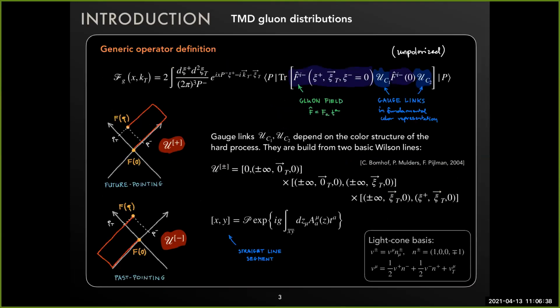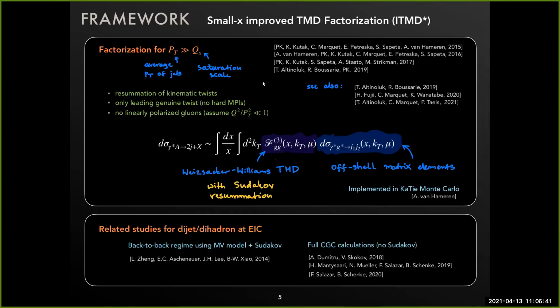Okay, now let me discuss the approach which we want to use to study this Weizsacker-Williams small x TMD gluon distribution. This is the ITMD approach, which Farid already mentioned. So the story is that the relation between TMD and CGC correlators was established first in the back-to-back regime, but then we were able to show